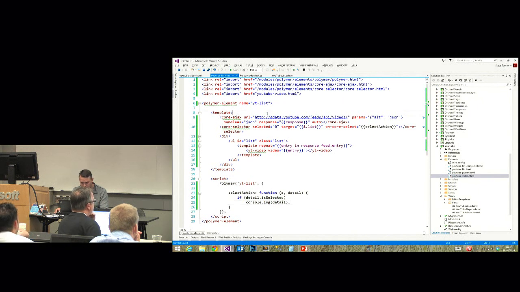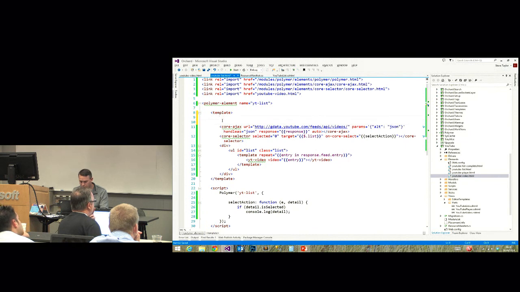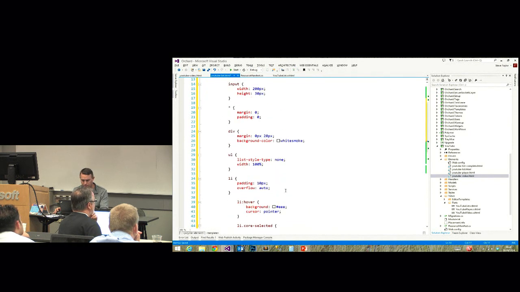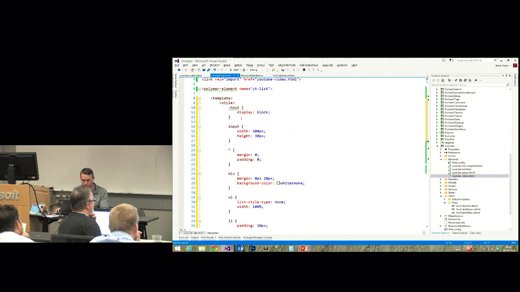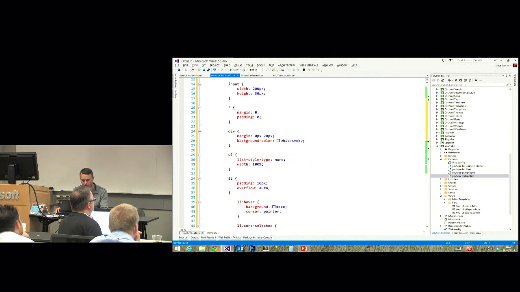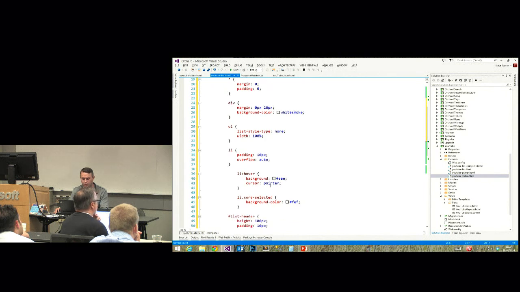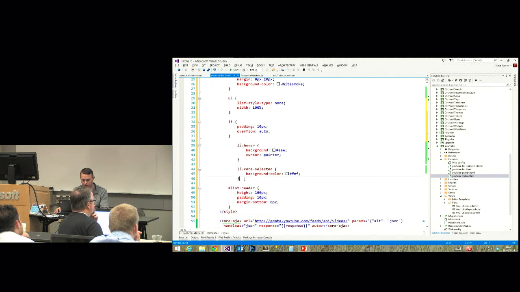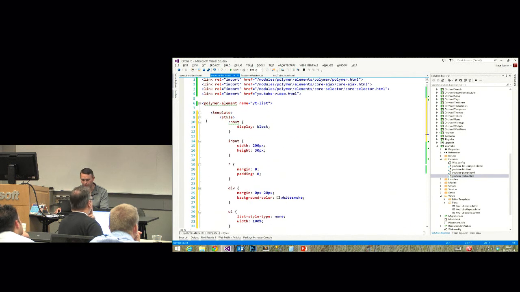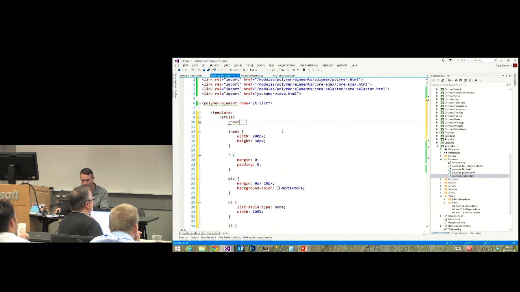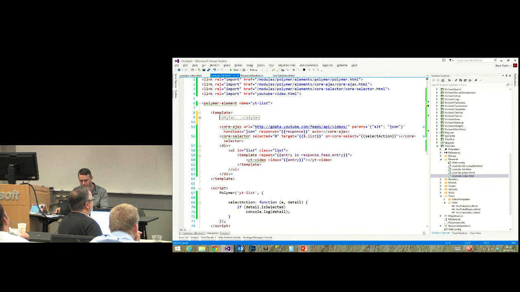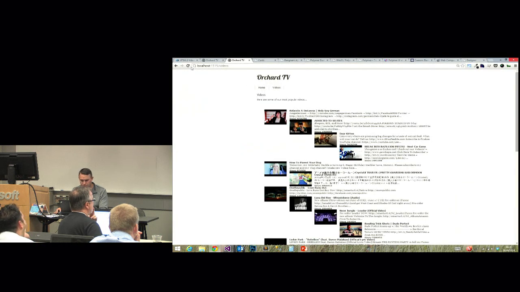And what we can also do is add some styles for it to look a little bit prettier. You can see here the standard styles that are styling the elements within the shadow DOM itself. So when something's selected, it will go a nice pink. Let's just hide all our styles. So if we were to refresh this page,